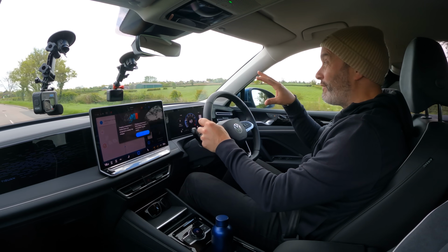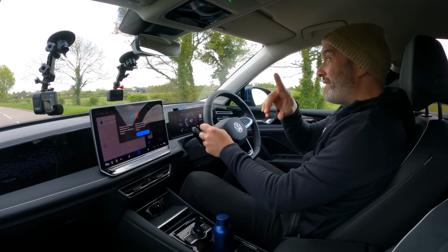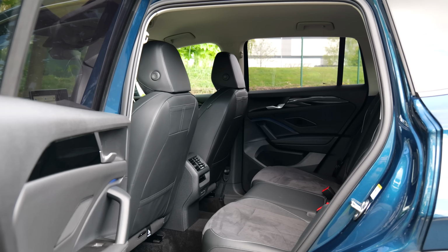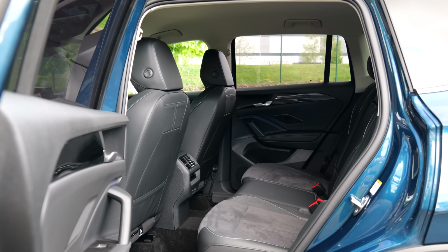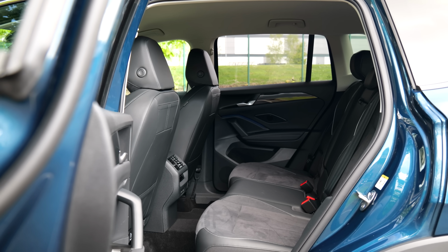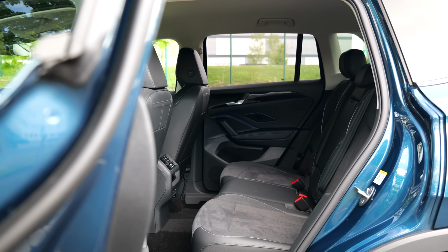The view I have out the front and the sides and the back is amazing. I mean, this is actually wonderful. I feel like I'm on a tour bus. And once again, if this was your family car and you've got kids in the back, there's plenty of glass to look out of. I know that might sound ridiculous, but so many modern cars, due to their design on the outside,